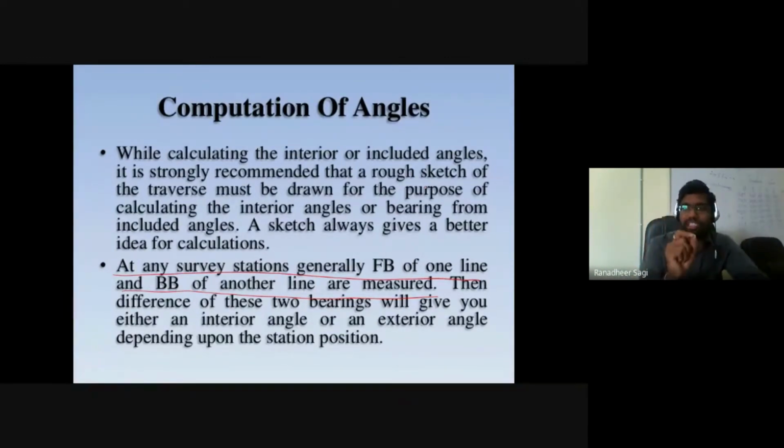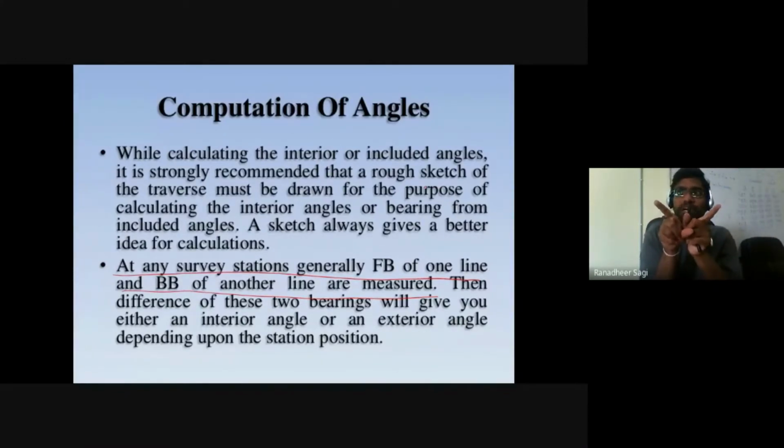So at any particular station, whenever you are looking at two survey lines represented with respect to that station, the bearings of those two survey lines would in general be as follows. For one survey line, you will talk in terms of forebearing. For another survey line, you will talk in terms of back bearing. This is what you are going to come across every time, so have it in your mind. Whenever you look at a particular traverse where at some station you have two survey lines, with respect to this station position, for one survey line we talk of the bearing as forebearing, and for the other survey line we talk of the bearing as back bearing.